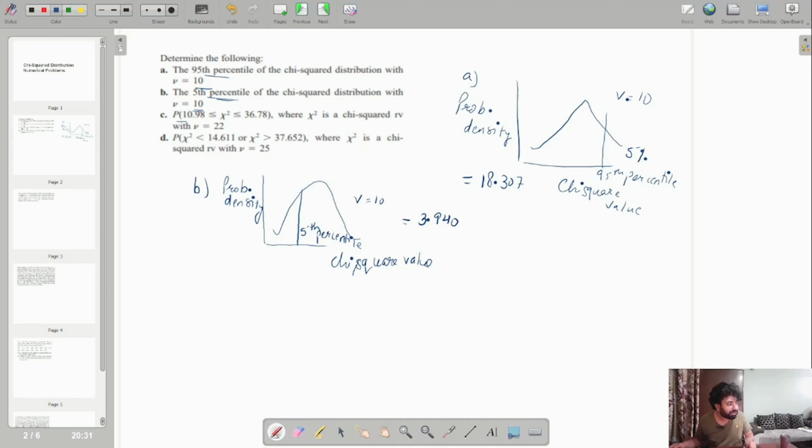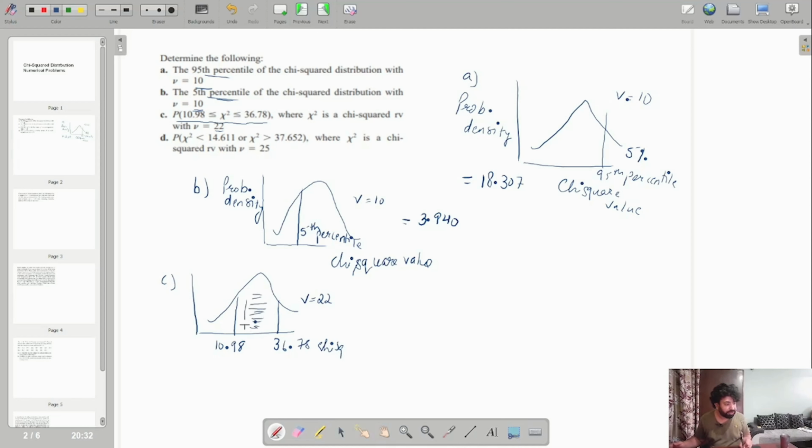Alright, let us move further and see the next one. So in the next one, it says I need to find out the probability that chi-square lies between these two values, and I have been given the degree of freedom. So if you understand this one, it will say this is if chi-square table with degree of freedom 22, then one value will be here, one will be here, and this will be my lower bound, and this one will be my upper bound, and these values are chi-square value,